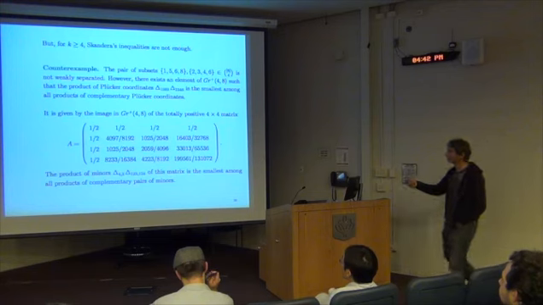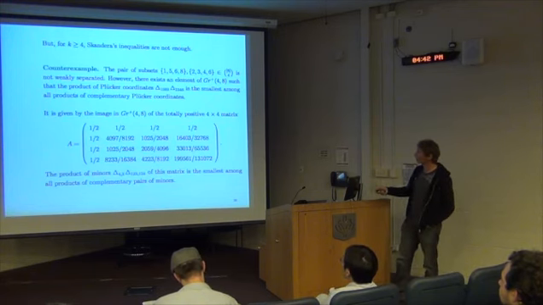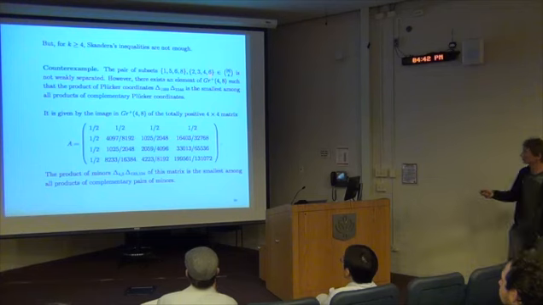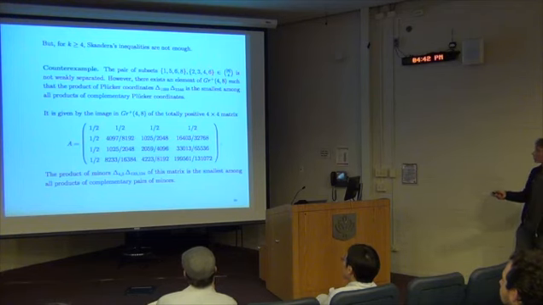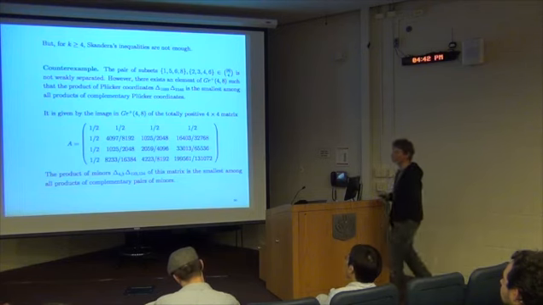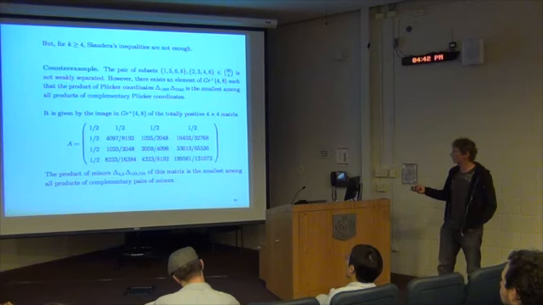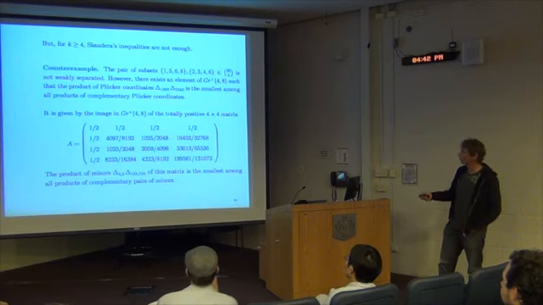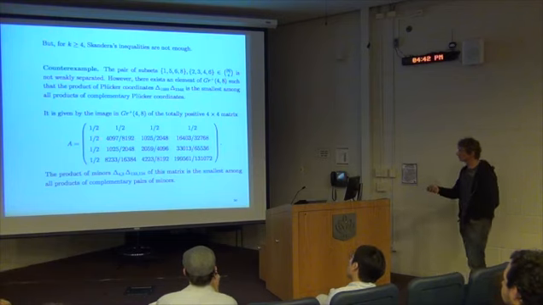We have a concrete counterexample, so that shows a matrix. Basically here is a counterexample. We have a pair of subsets which are not weakly separated. However, we can find an element in the Grassmannian such that this pair, the corresponding pair of products of Plücker coordinates, is the smallest among all complementary products of Plücker coordinates. So somehow we cannot use this Skandera inequality in the general case. This matrix is obtained, you remember I mentioned the embedding of the matrices into the Grassmannian, so if you embed this matrix into the Grassmannian, then you get